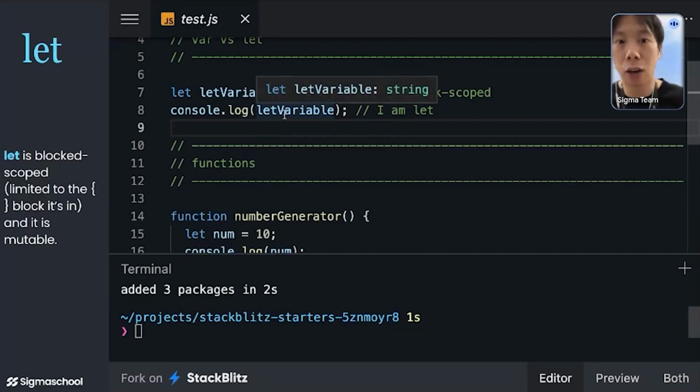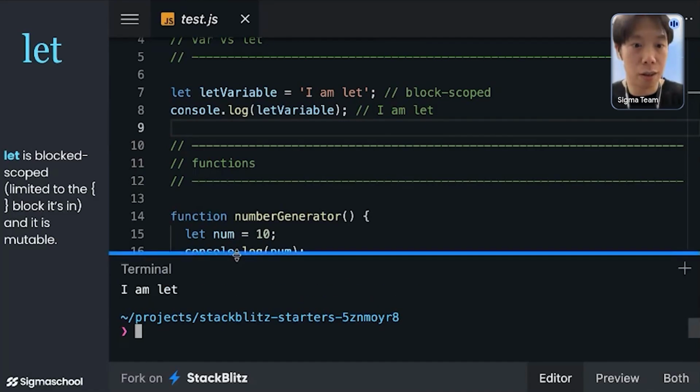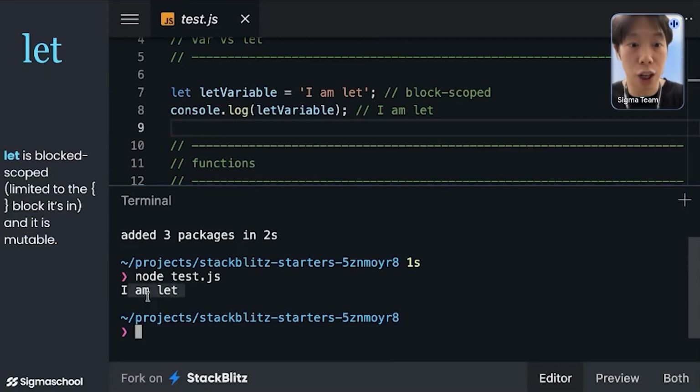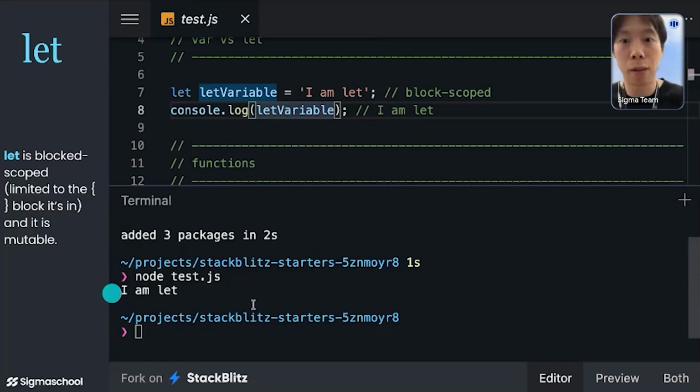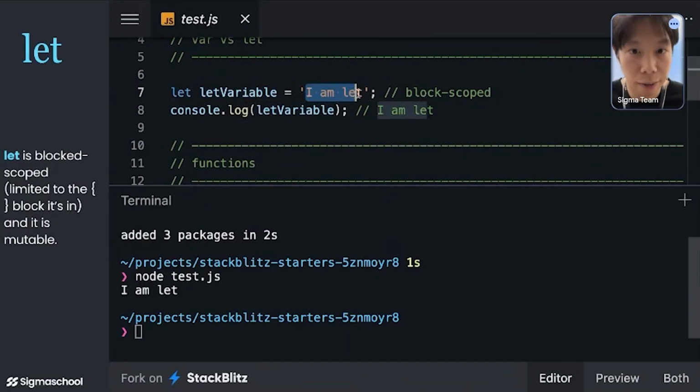So this is how I actually call the code. If I run the code, JavaScript will know that I'm calling the variable, which means it will print out whatever value. You're basically telling JavaScript, open the box and tell me what's inside the box. So it's telling you "I am let", which is what is correct here.